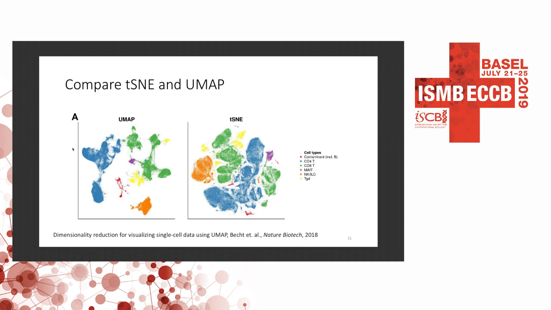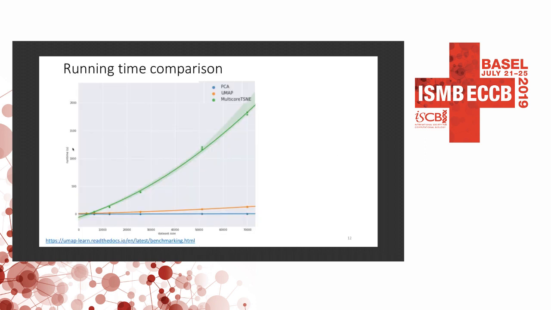But one very beneficial thing about UMAP is that it's much faster than t-SNE. So you can try it when you have very large-scale data. If you still remember t-SNE, you need to calculate the cell-cell distance, so it scales with the square of your number of cells. If you have n cells, the computational cost is O(n squared). But in UMAP, they have a very clever way to construct a manifold so that it grows almost linearly with